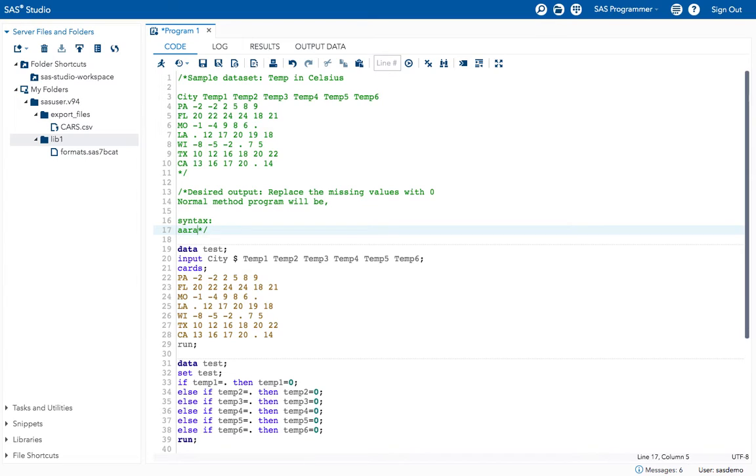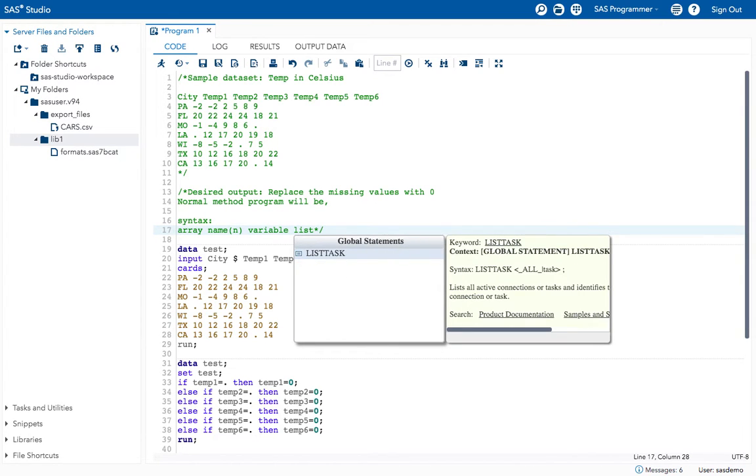Syntax is array name, in parentheses give n, and variable list. This is the array syntax.